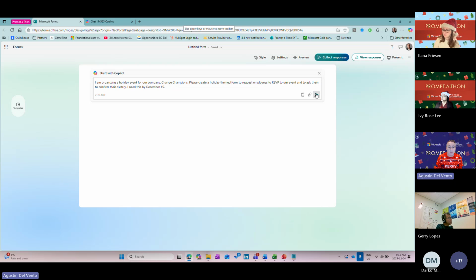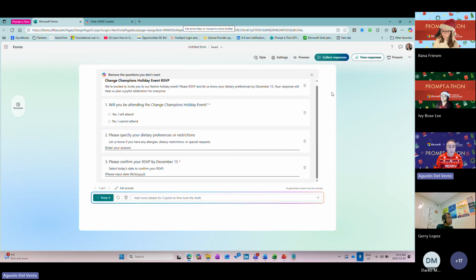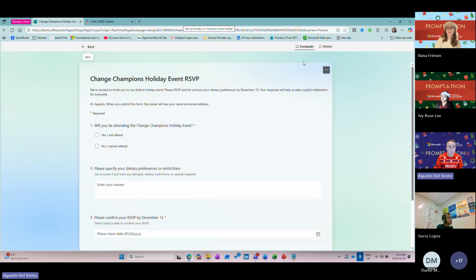You can see here, by the way, that I've given Copilot a little bit more context up front, as I was saying, and then I put the action verb. So this is going to give me a little more of a crafted answer. Let's check it out. And there we go. So I'll keep this because I think this does a good job, but I'm going to share with you so that you can see what it produced.